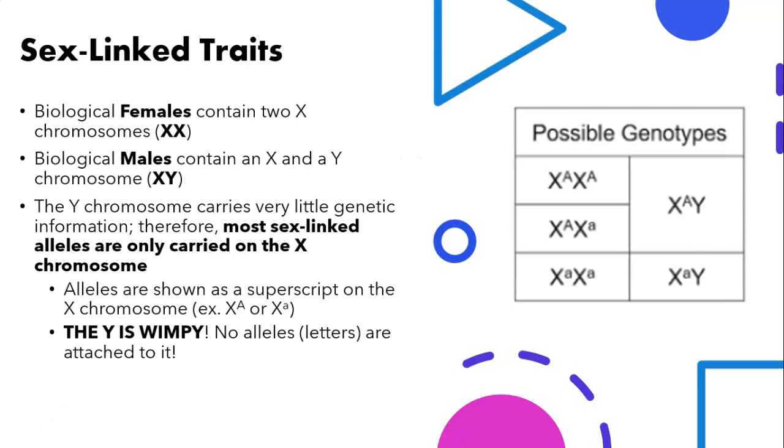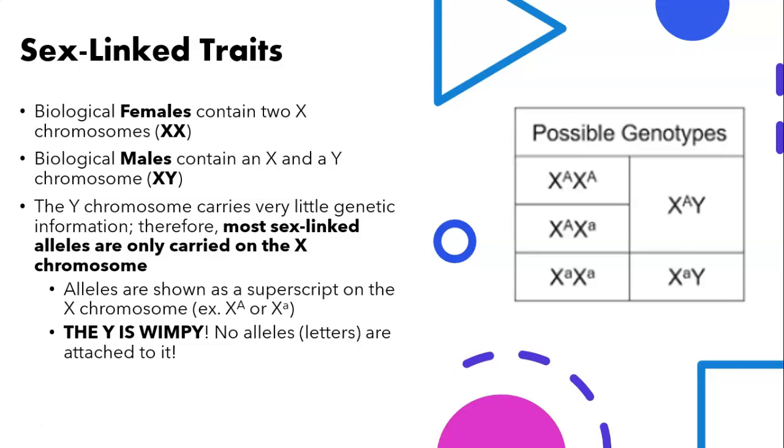Biological females contain two X chromosomes, so XX, and biological males contain an X and a Y chromosome, so XY. The Y chromosome carries very little genetic information. When you look at a karyotype, you usually see the Y chromosome as a very, very small piece of chromosome or genetic material. Therefore, most sex-linked alleles are only carried on the X chromosome. Alleles are shown as a superscript on the X chromosome, for example, X superscript capital A or X superscript lowercase